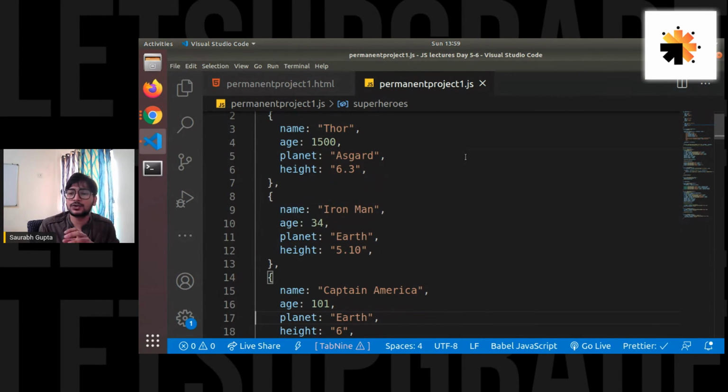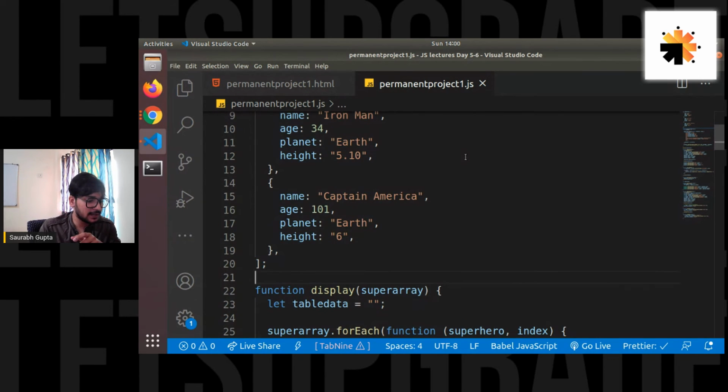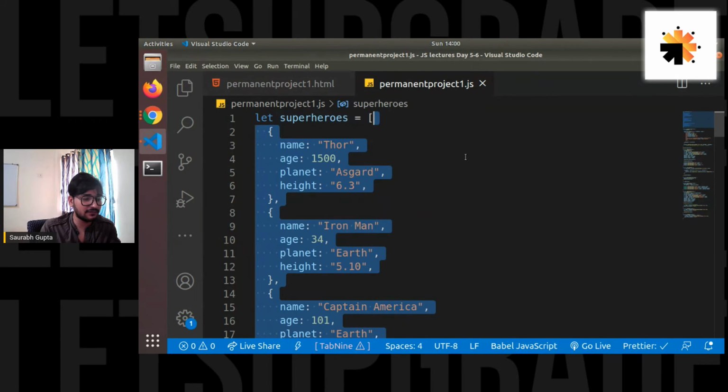So now to store my data permanently, basically my data is this array, right? The data that I actually have is nothing but this array. So I have to store this data in local storage. But you cannot store an array or an object in your local storage. You always have to store a string. So I have to convert, listen, I have to convert my JavaScript object to a string and then I can